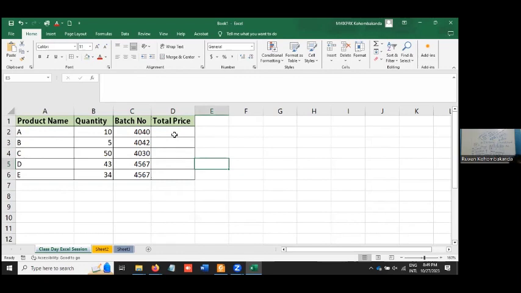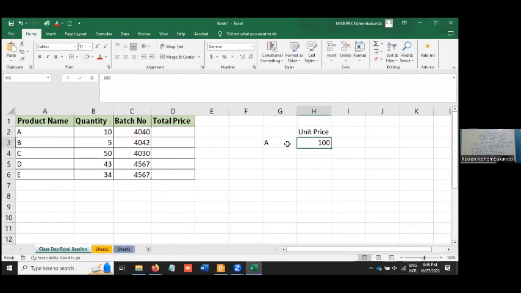We want to know about the price of product A, single price, unit price, right? Here I said the unit price. Assume that product A, unit price is